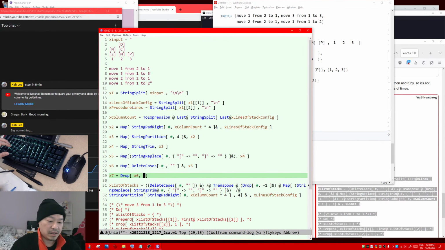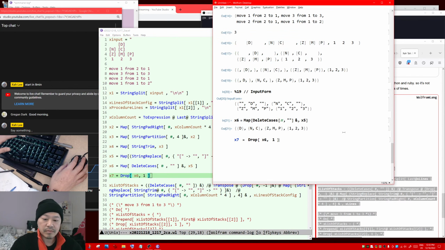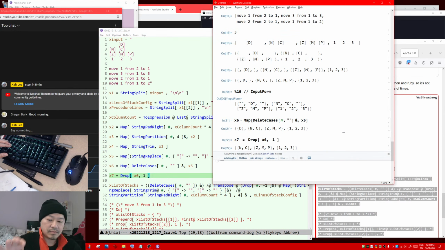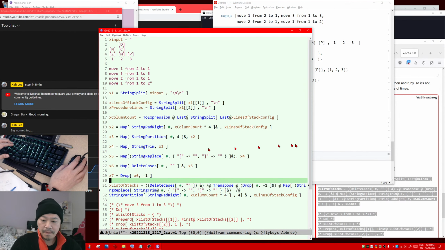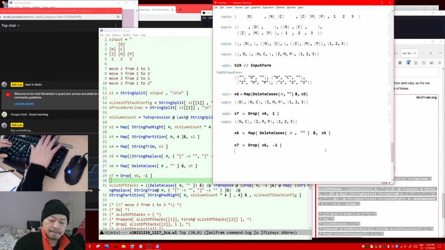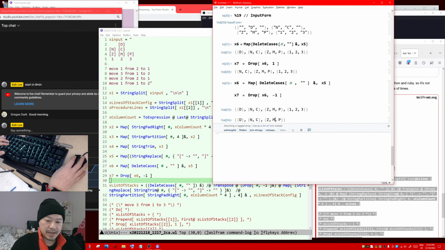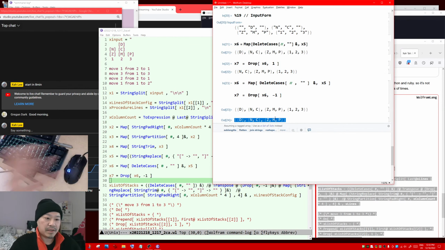The first argument is a list, and you want to drop the first item. Oh, you want to drop the last item, not first. So let's do it again. Fantastic. This represents the stack